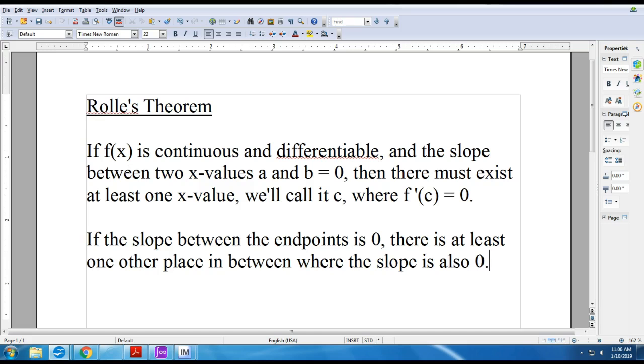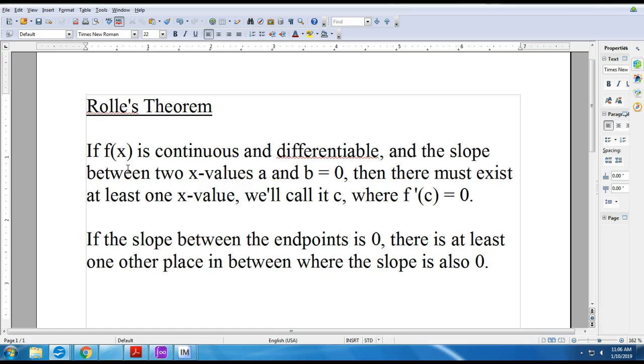So, is the slope between those two endpoints 0? Yeah. Is it a function? Yeah. Is it continuous? Yeah. Is it differentiable? Yeah. So there must be at least one spot in between where the slope is 0. This one has how many? This one's got 3. This one's got several, I'm not going to draw all those. This one will screw you. This one's actually got how many? Infinite. There's an infinite number of spots where the slope is 0. This one just has